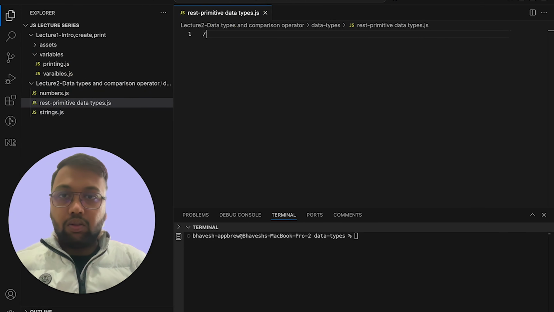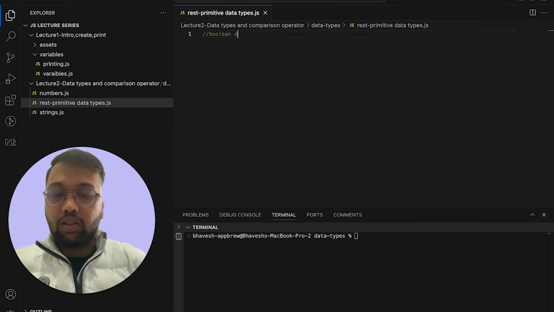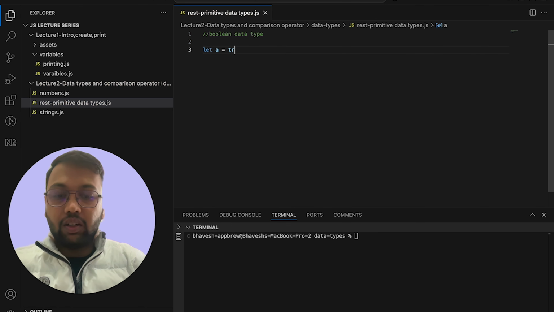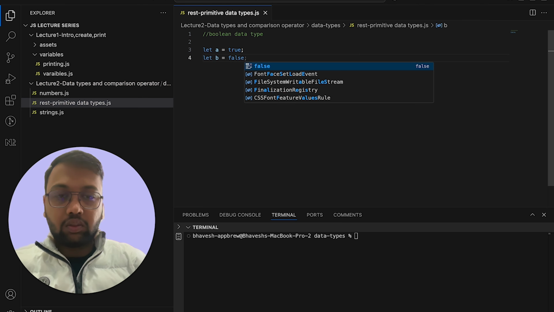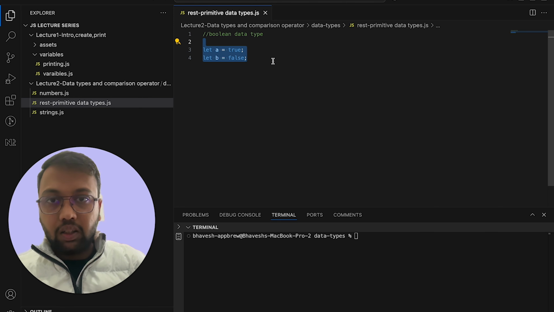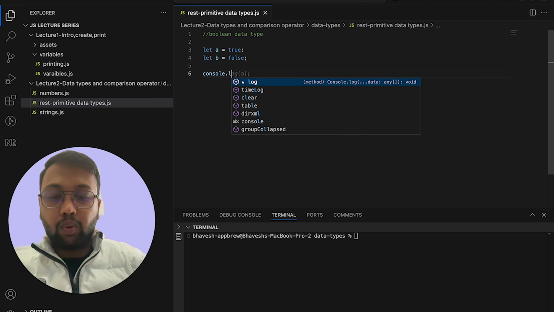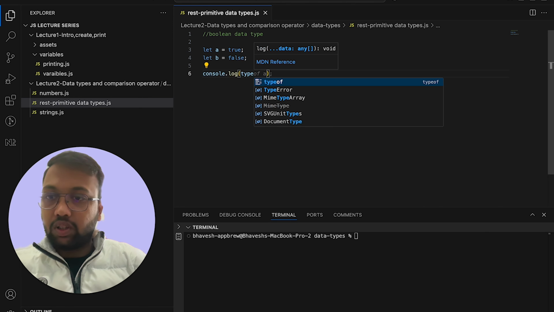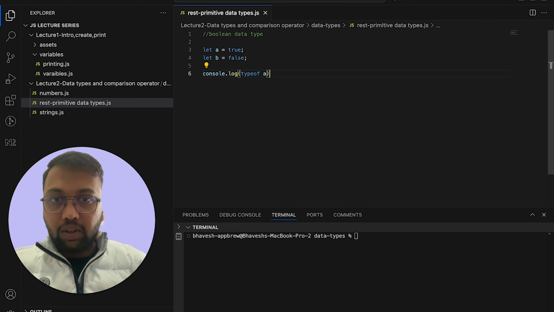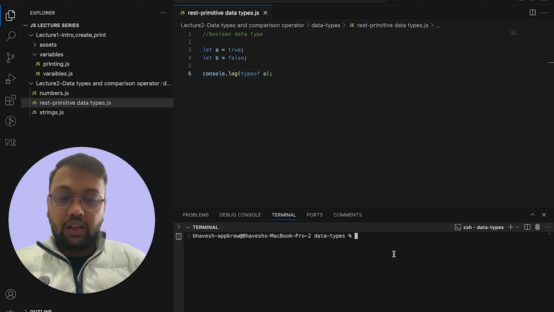So as you already know, the Boolean data type has two values. One can be true, another can be false. Here the t and f will remain small, not like Python. It is a case sensitive language, definitely. So we will have true and false in small letters. These two are Booleans. If I print the type of any of the variables using the typeof keyword, as we remember from the last lecture, typeof keyword, space, the variable name, that is typeof a, I will get here